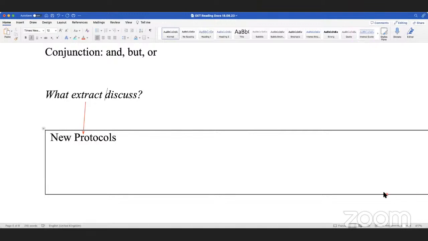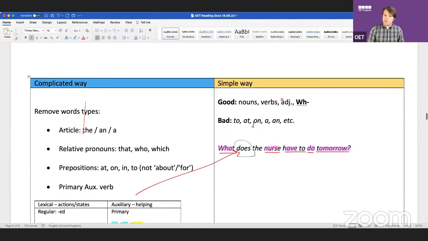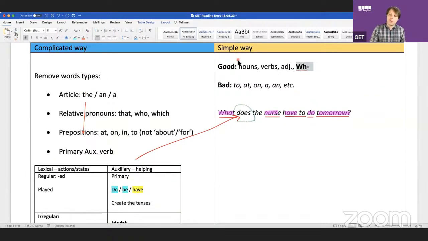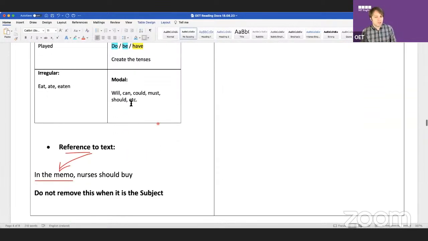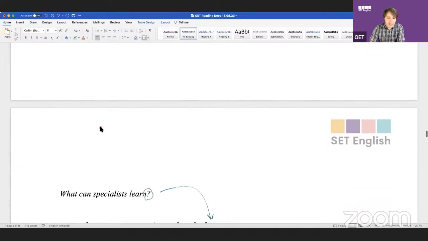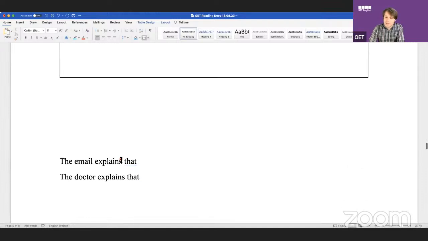Look, I know this is tricky. You have to practice this a little bit. We're going to practice this today, but there's two ways you can proceed. There's the easy way, which is just to use your brain, use your common sense, and focus on nouns, verbs, and adjectives. And yes, question words are very good. Or if you want to really study, you can think, I'm going to remove only specific word types. If your grammar is good, you should be able to do that quickly. All right, now let's practice this. We're going to practice together. And now we're going to start something real. It's the same thing, same